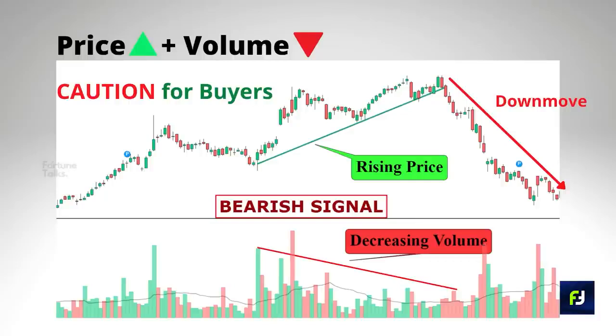Hence, what this price-volume relation is telling you is to stay cautious in the market, because it would be a potential bull trap. That is, if you have taken a long trade, there are every chances that the market can reverse and go in the opposite direction, resulting in your loss. So, when it comes to decreasing volume but with increasing prices, we should be cautious and not take any long-term trades, because the market is run by the retailers and there is no investor participation or investor interest in